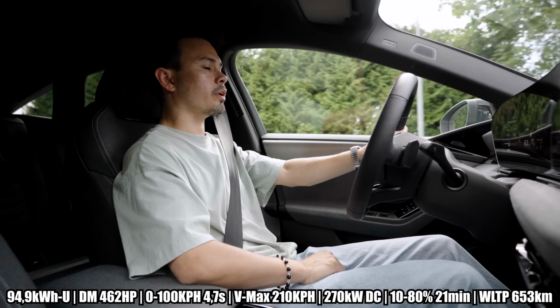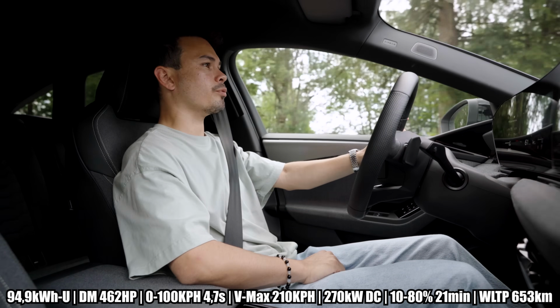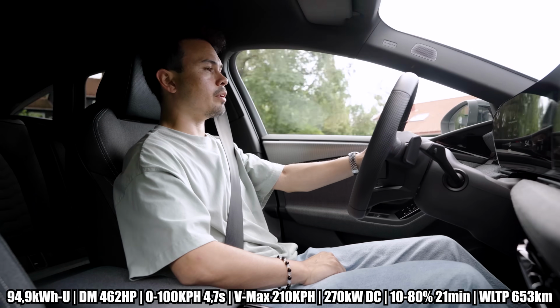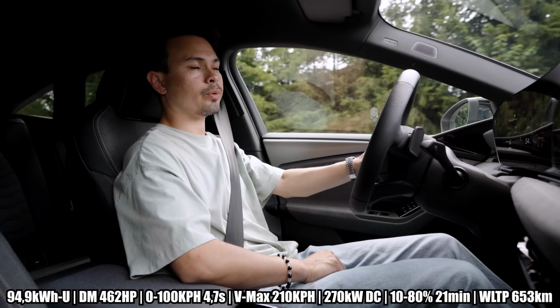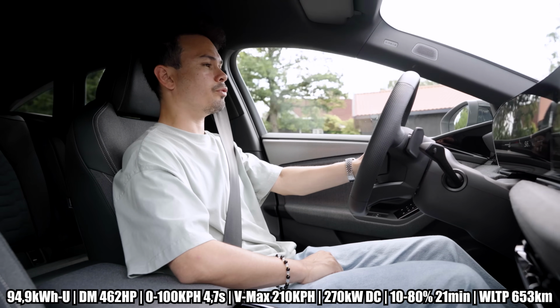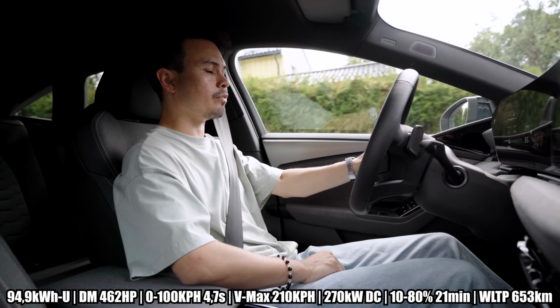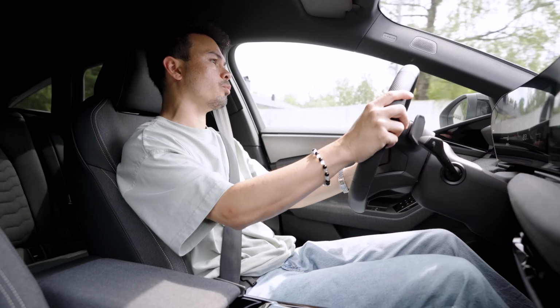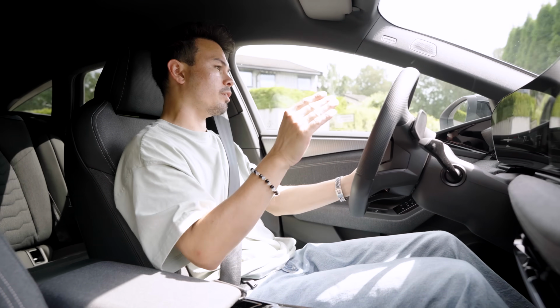Like, a lot of cars offer a lot of performance on paper, but this is just so controlled. It just feels faster than any other car I've driven with 428 horsepower. Faster than the numbers suggest. 0 to 100 kilometers an hour, like 4.7 seconds. It just feels rapid. And also, this is a stretch of road which I normally test the suspension,